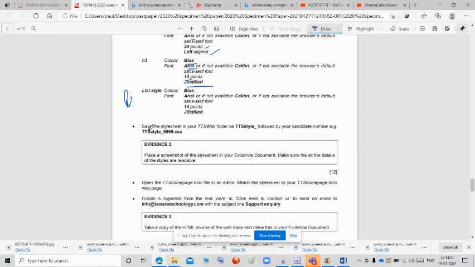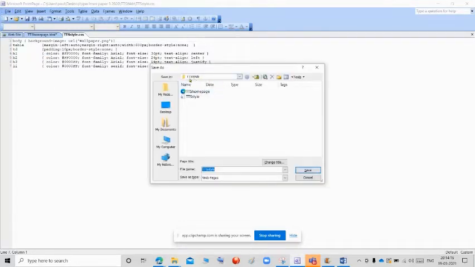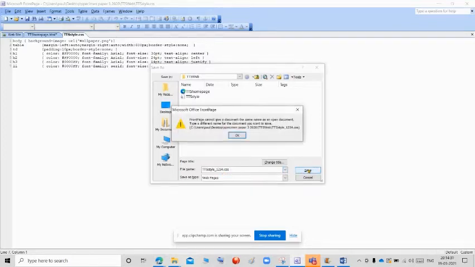Next, what they are asking, save the style sheet in your TTS web folder as TTS style underscore with your candidate number. So I am going to save this. Go to the file, click save as, go to the TTS web folder and give a rename as TTS style underscore your candidate number dot CSS, because it is the CSS file. We want to give dot CSS. Click save.